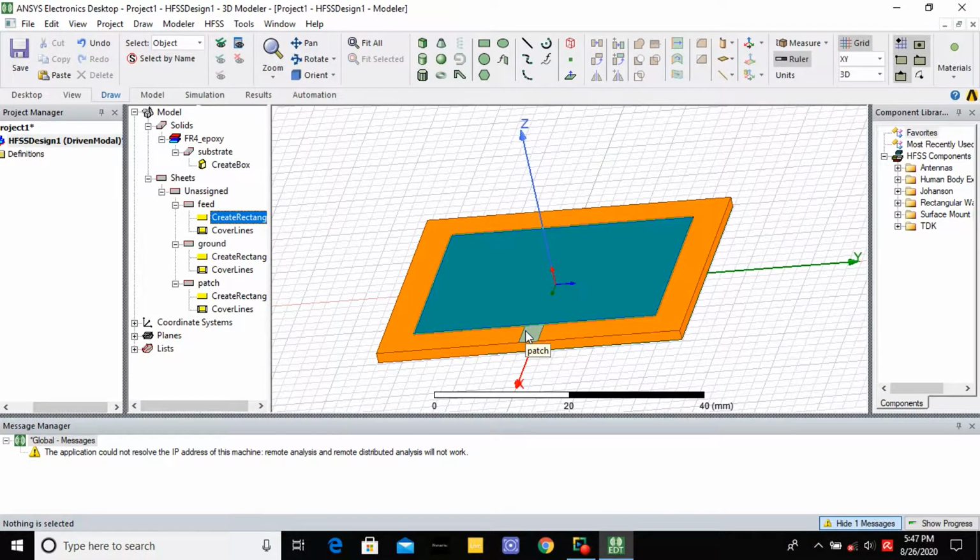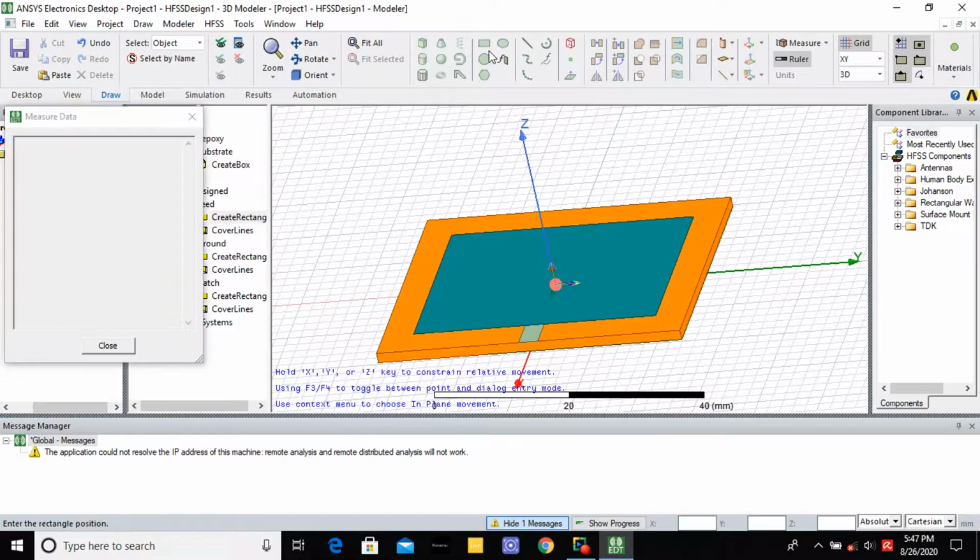of your patch. Next, I am going to draw the port. Why are you giving a port here? Because you want to give power to this particular antenna. Without power, the antenna does not radiate. When you want the antenna to radiate, you give a power source here. So again I am selecting a rectangle.